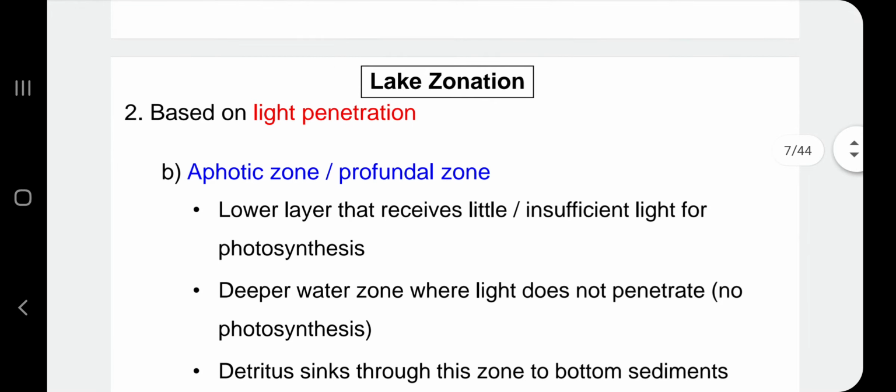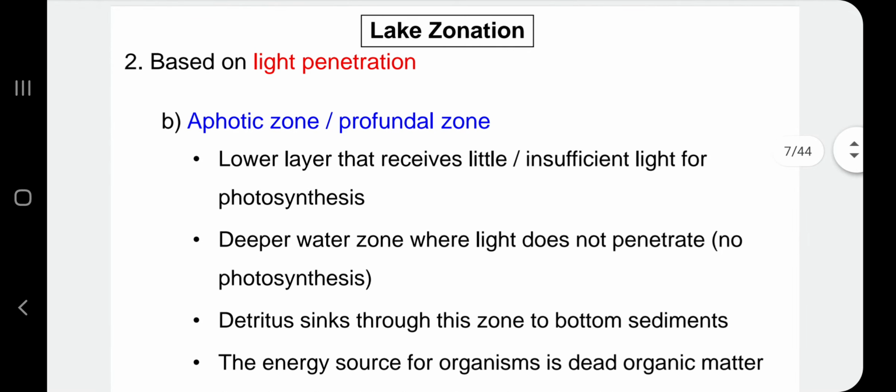Let's move on to the second zone based on light penetration. We have aphotic or profunda zone, which is a lower layer that receives little or insufficient light for photosynthesis. Okay, so disebabkan dia kawasan yang bawah, bila tidak ada cahaya, okay, which is light is little or insufficient for photosynthesis, means that we will say that this zone doesn't have producer. Okay, sebab producer memerlukan light untuk buat photosynthesis, but this zone is not. So kalau tidak ada producer dekat kawasan tersebut,